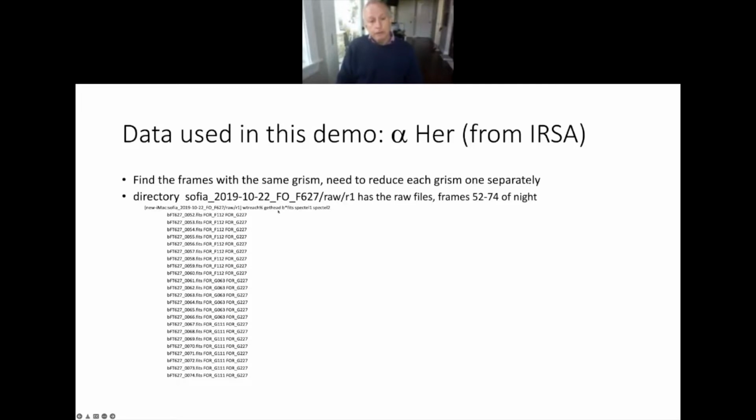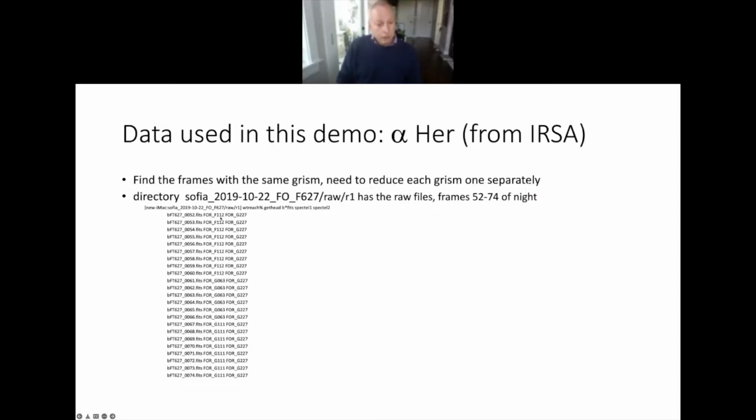One way to do that is I just use this thing called GetHead, which is from the same team at CFA that made DS9 and SAOImage. But you just need to look through the header keywords. There's a huge number of them. I find these ones that we made up on Sophia called SPECTEL1 and SPECTEL2 are super useful. So if you just look for all of the files in that directory and print SPECTEL1 and SPECTEL2, you can see that there's a set of them that have